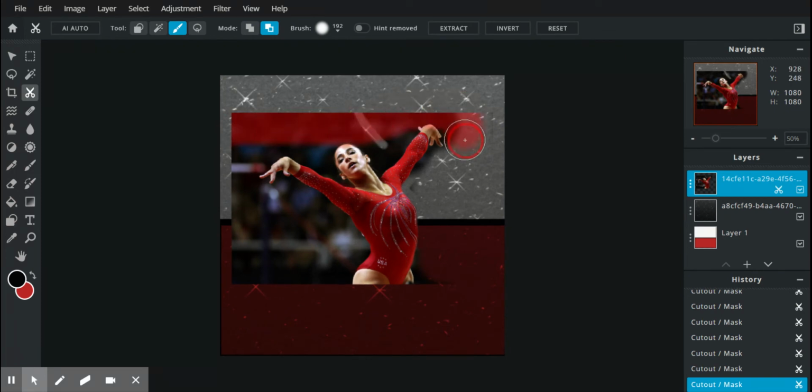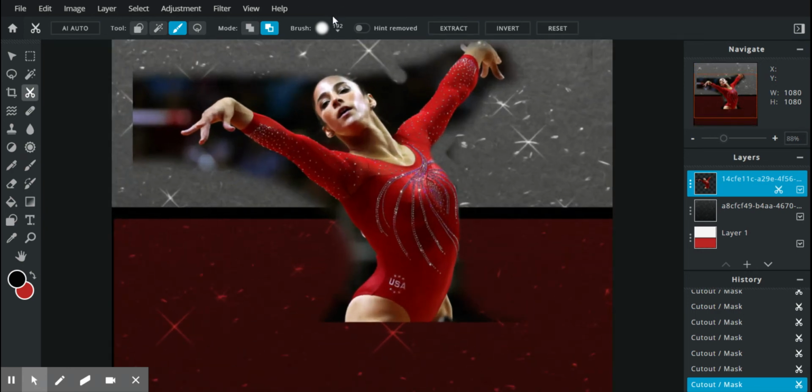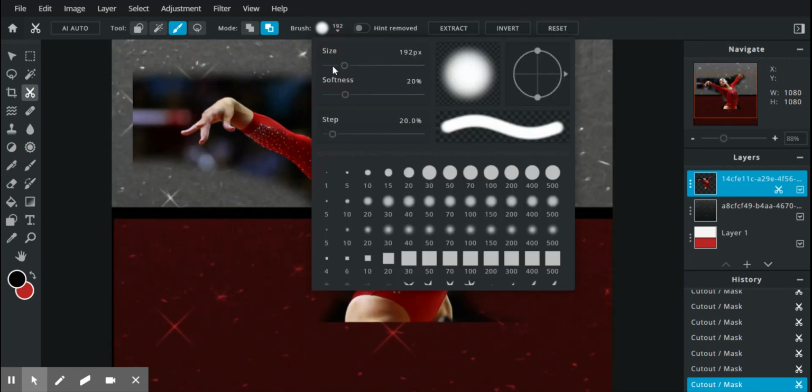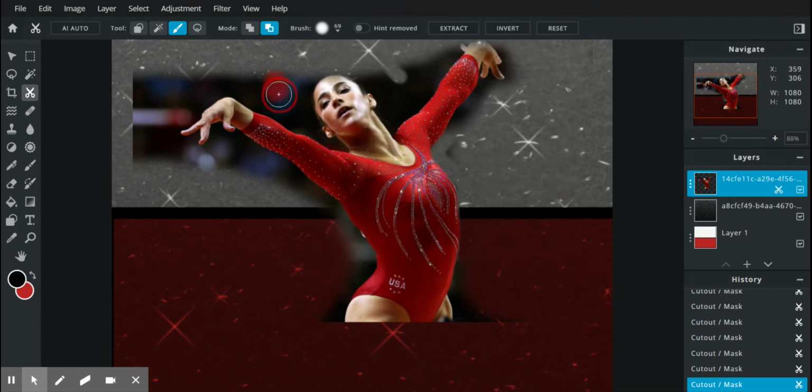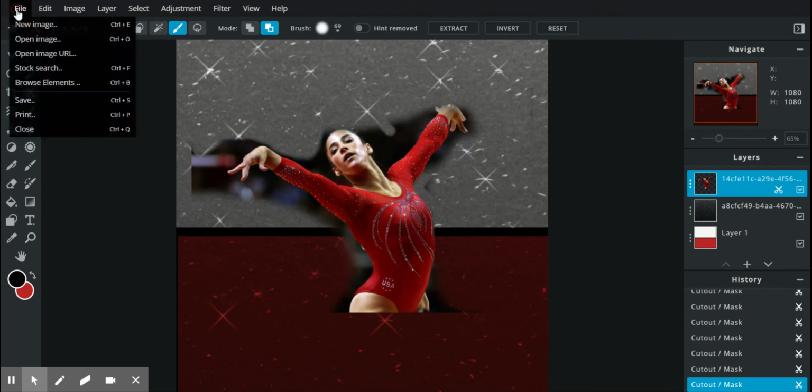So yeah, you can use a big brush here to kind of get rid of the big areas. And then as you move in closer, be patient, decrease your brush size, right? And then you can get into those smaller crevices. All right, so as you continue to do this, then you are going to,